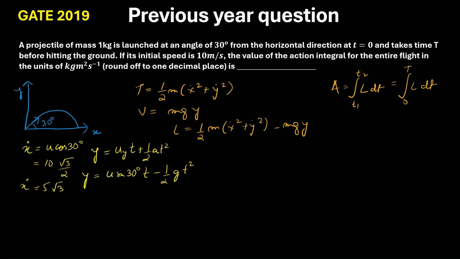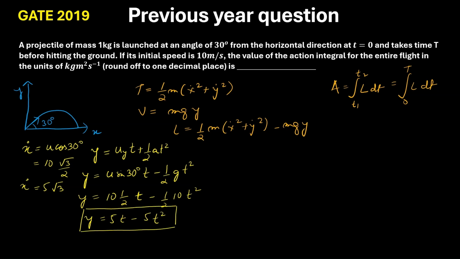Now u is 10, sine 30 is half, and half g is 5, so from this you get 5t minus 5t square. So this is the expression of y, because we'll be needing y as it is there in